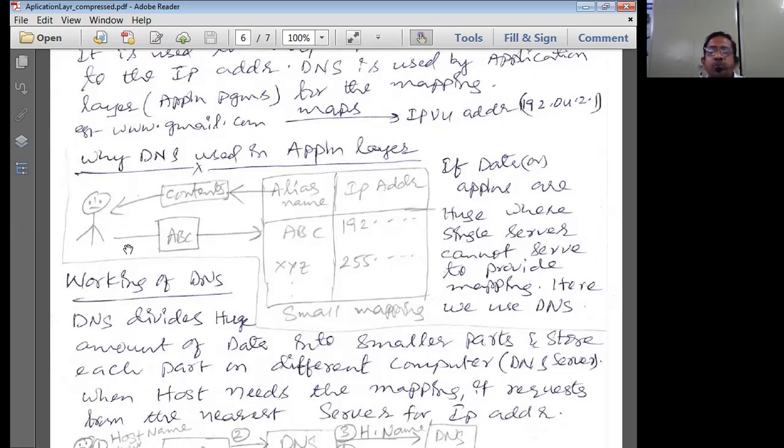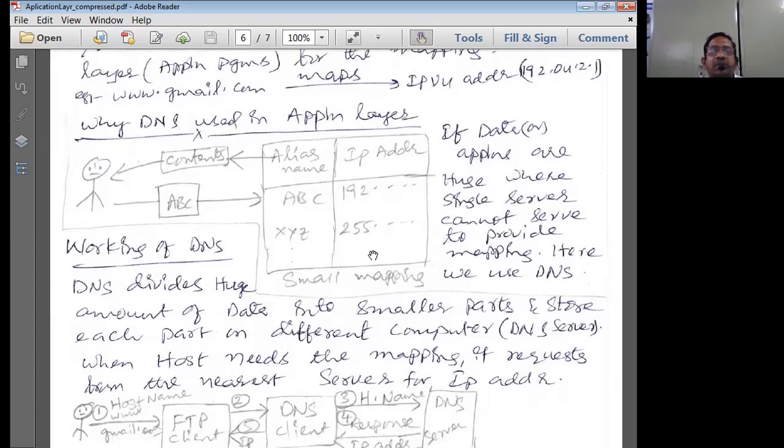In today's world, so many people are creating their own databases. What they give us is only the name of the URL, just like Gmail or other website addresses. They'll give the website address, that's it. Now this DNS server will in turn map this name to the IP address and connect this user to the appropriate server. That is what is done by the DNS server in the application layer.